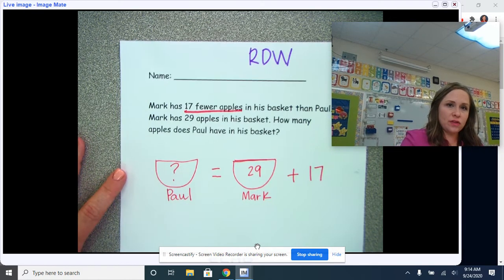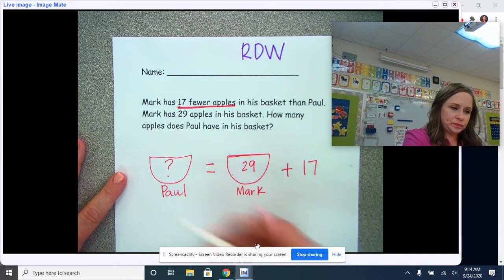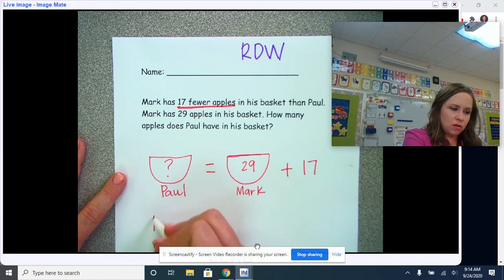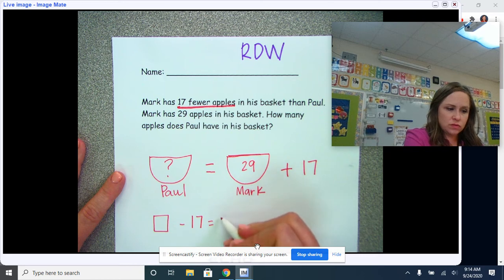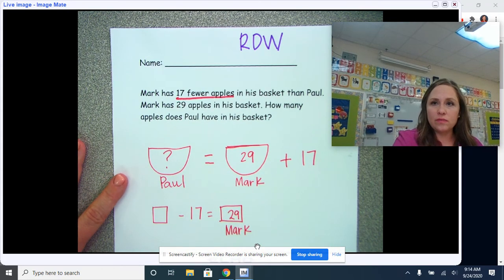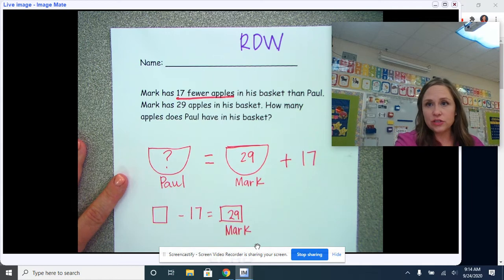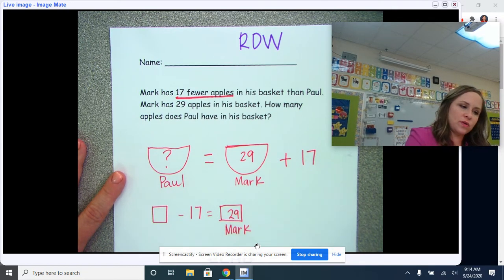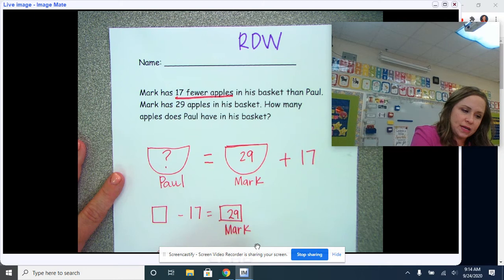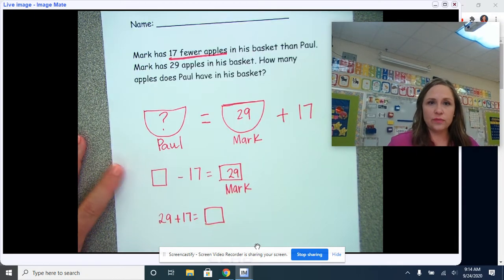The other way you can look at this is that Paul minus 17 equals 29, which is Mark. So this one I did an addition sentence, and this one I did a subtraction sentence. This one is going to be easier to solve because it's addition. So I'm going to flip this around to 29 plus 17 equals my answer, which is going to be